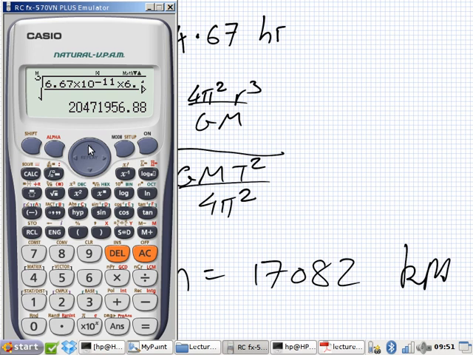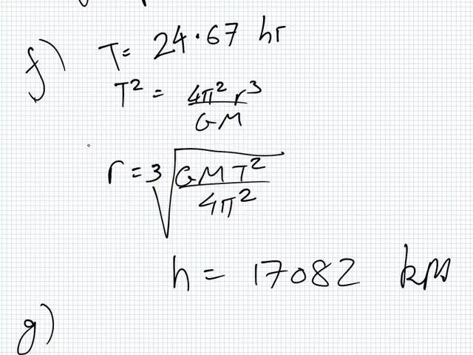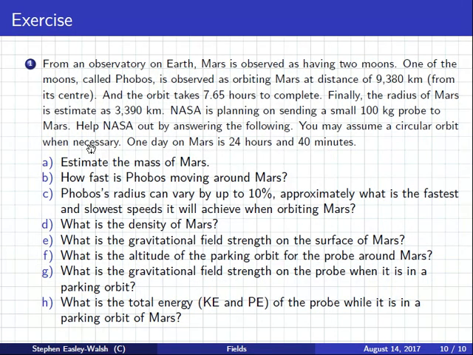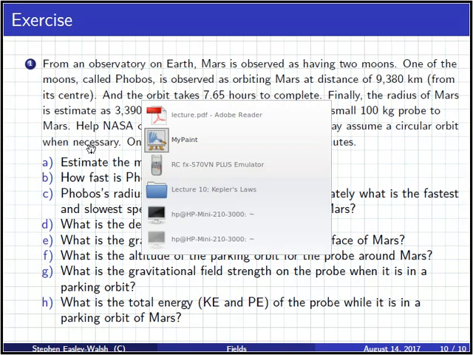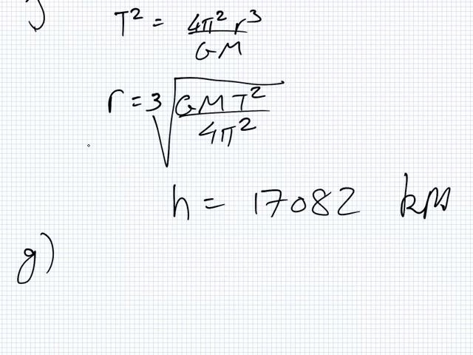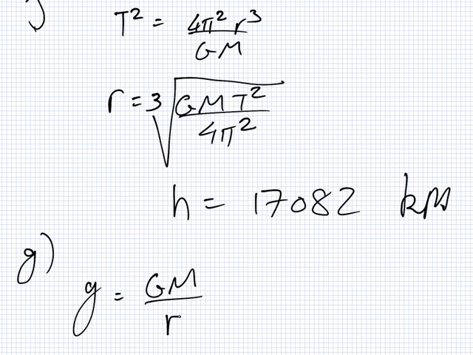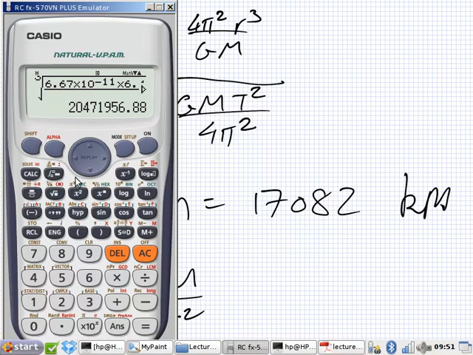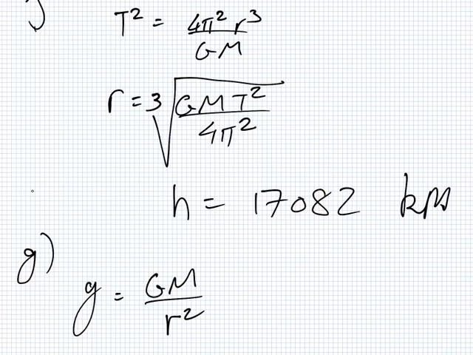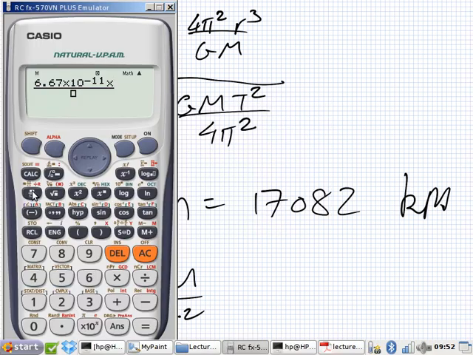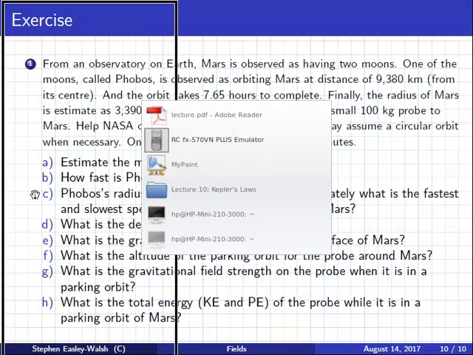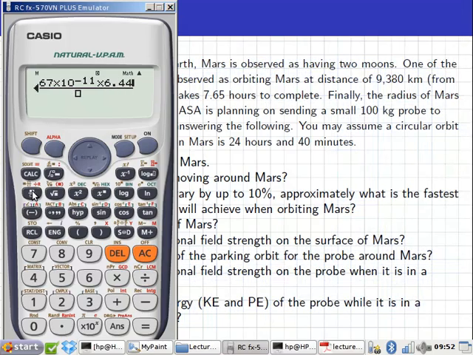Okay, continue. Next. What is the gravitational field strength on the probe when it's in a parking orbit? Okay, so that's g equals GM over r squared. 6.67 times 10 to the power of minus 11 times the mass of Mars, which we said is 6.44 times